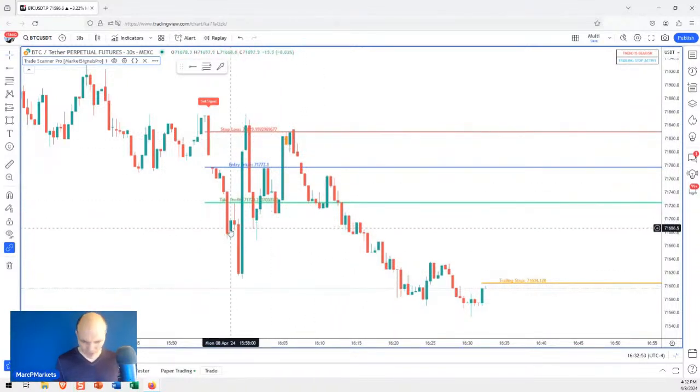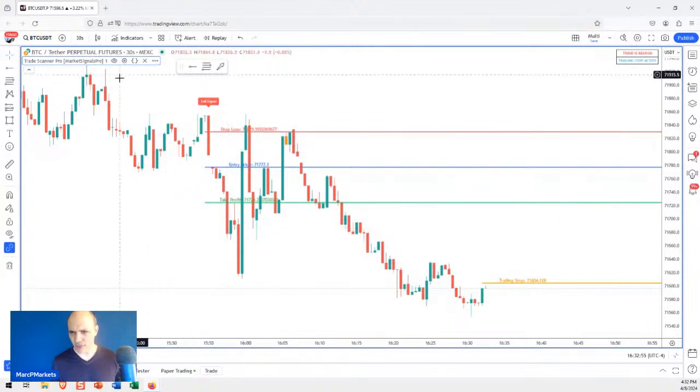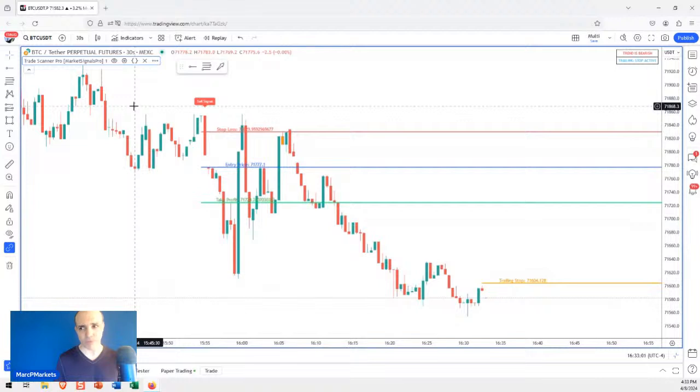So you see, I'm changing the lines, but the lines are not support and resistance levels. Those are suggested orders. Okay. So you're not using that as support and resistance. Maybe